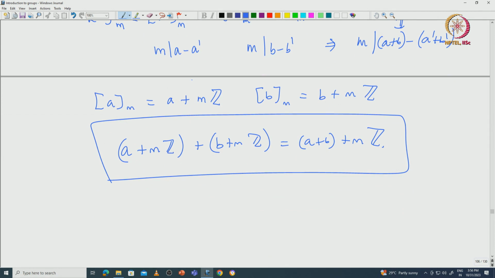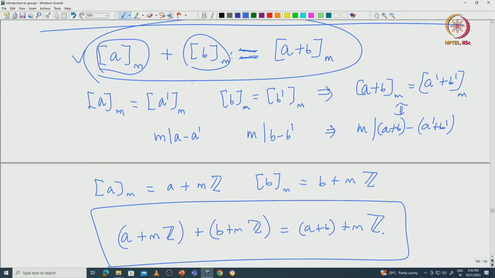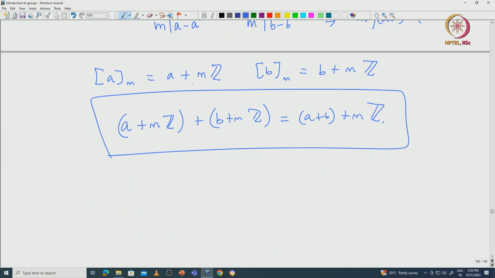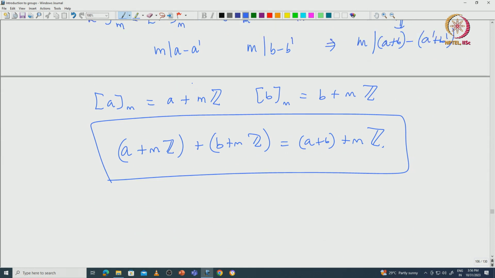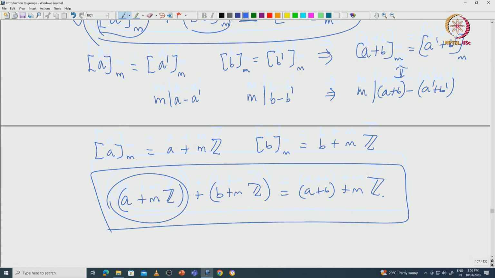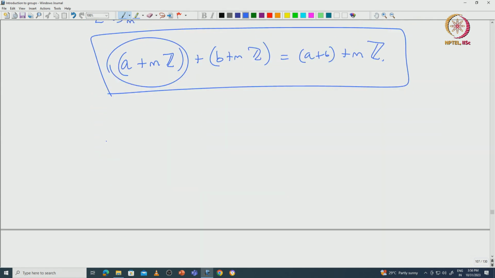Okay, so this actually revises the definition of these congruences. Either one can use this set notation, or one can use this A congruent to B notation. Both are equivalent. In both ways, you can see that all the arithmetic that you do modulo M coincides. Okay, so now just recall what we did with this arithmetic modulo M.